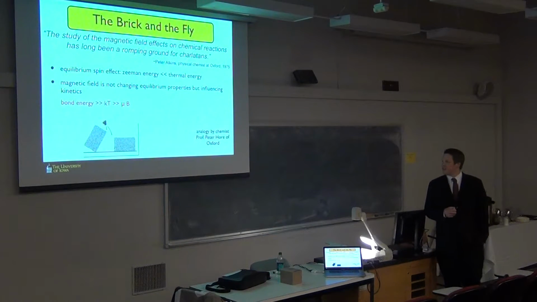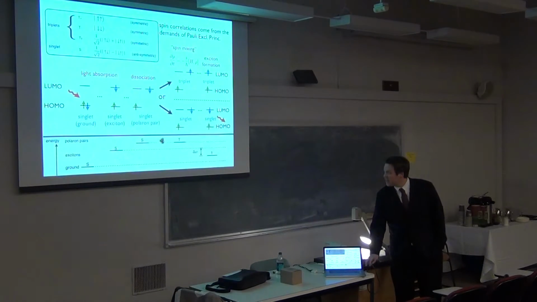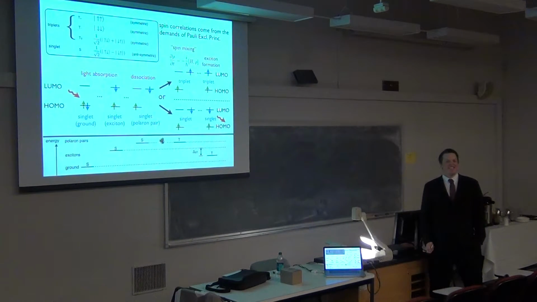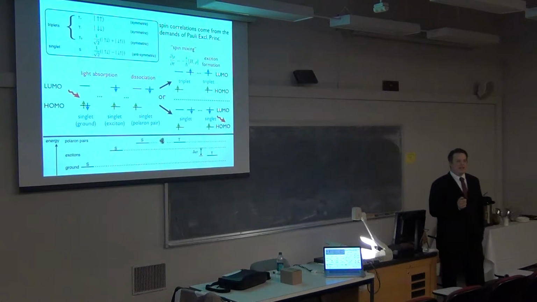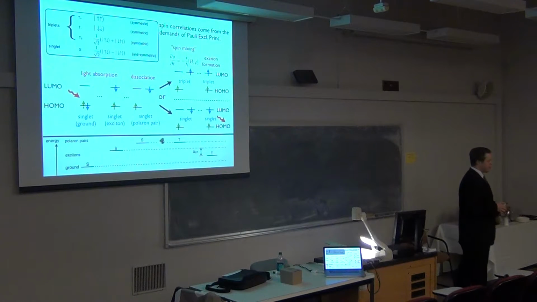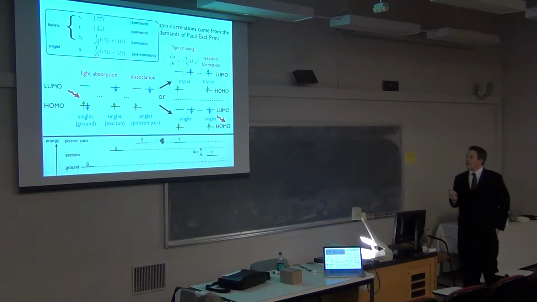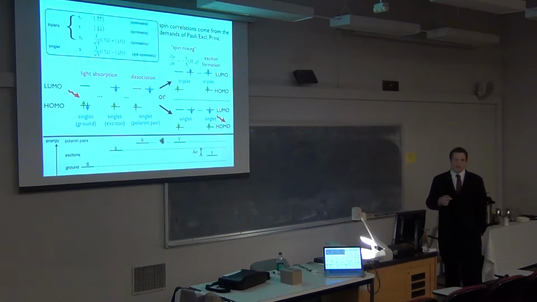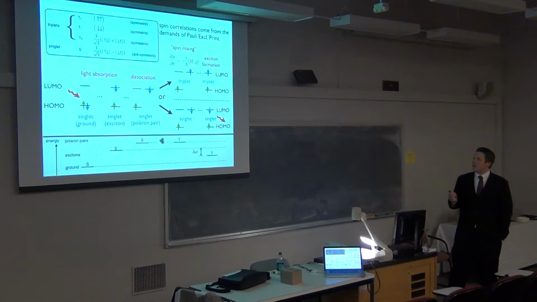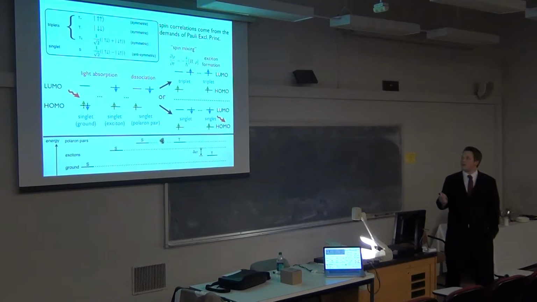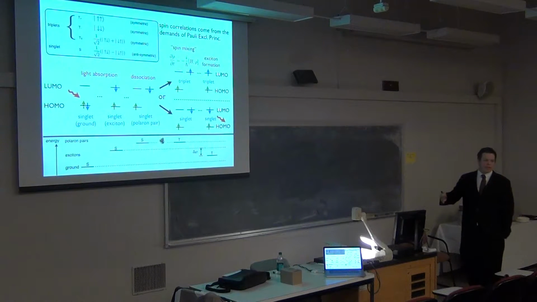Okay, so now I'm going to try to show you how this works in a device, and this is going to be an ugly slide. I hope you can bear with me. It's not as bad as it looks. I'm going to step you through it. Just to remind you, when you have two spins, they form either singlet states or triplet states. And the triplets are symmetric, the singlets are anti-symmetric. And how the total wave function is formed depends on the symmetry of the orbital wave function and the spin wave function. They need to be anti-symmetric for fermions.